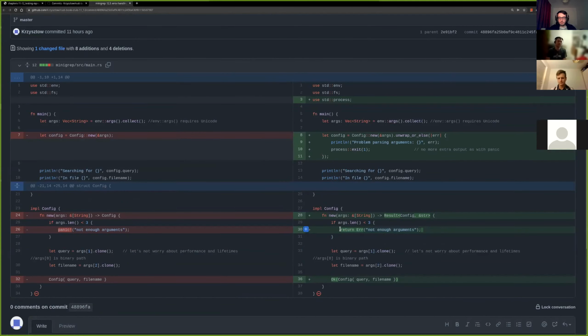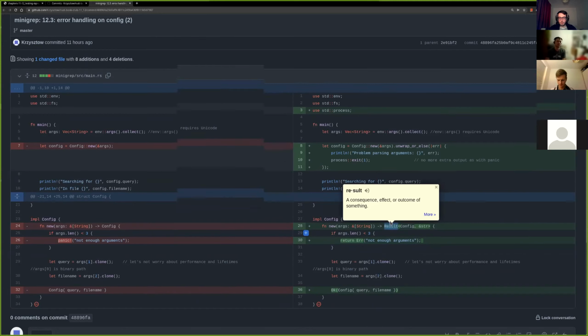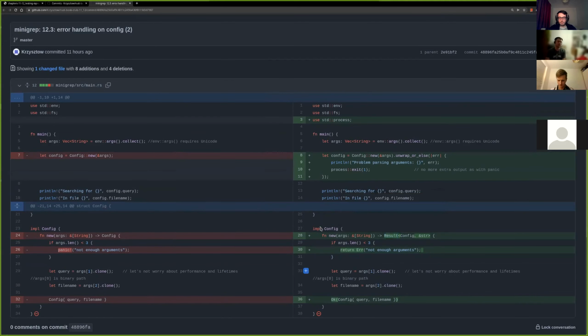And in case the number of arguments is enough, we want to return the config itself. The way you do it is you just wrap it up inside the Result type. And the reason for them doing that is, first of all, that you don't want to be panicking because it's not nice to the user of your application,